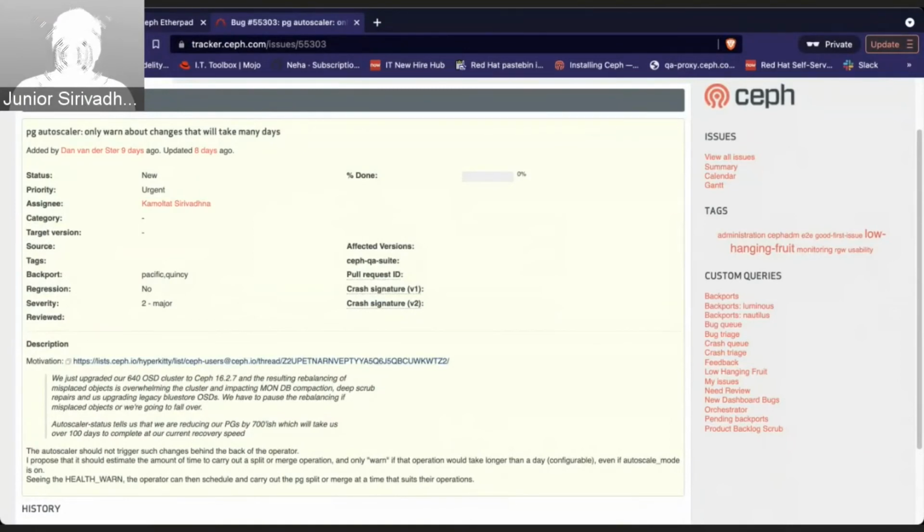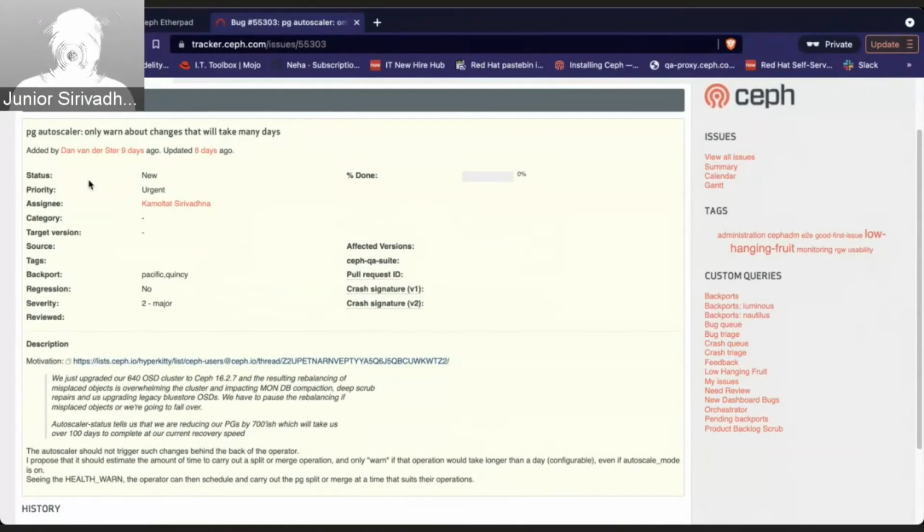And the issue we just faced with this, there's a Ceph user who upgraded from 14 something to 16.2.7, which I believe is Pacific, and there were some rebalancing issues, which take many days for PGs